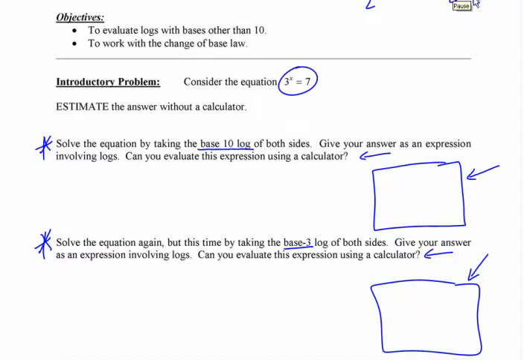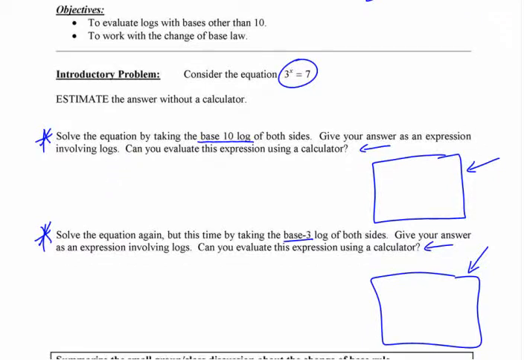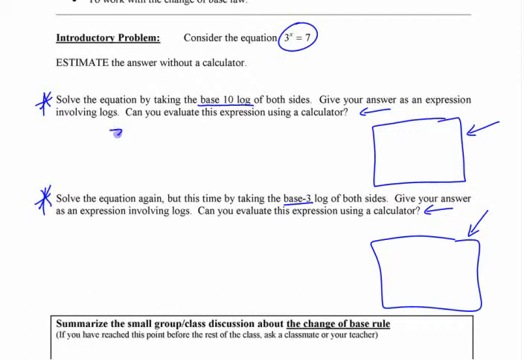Okay, hopefully you're able to try solving that two different ways. I mean, one is the way you're going to be able to use your calculator to do it. The first way, base 10 logarithms. 3 to the x equals 7. You might be getting pretty good at this now. If you take the base 10 logarithm of each side,